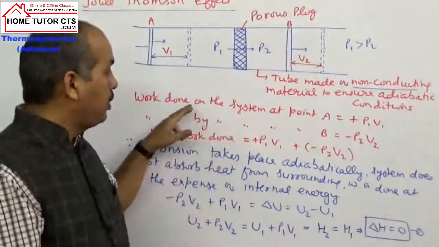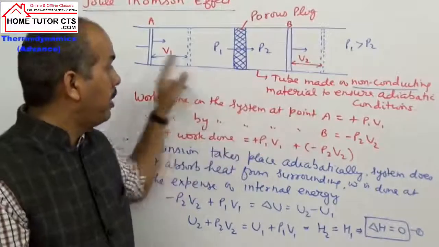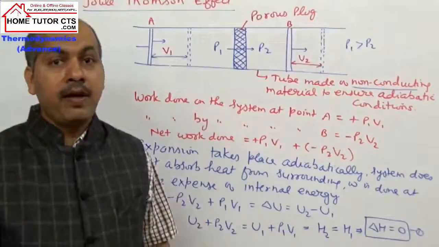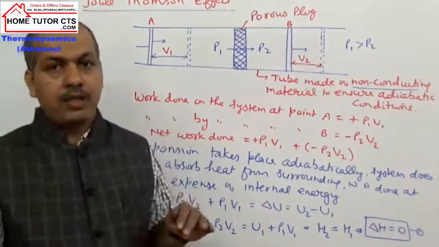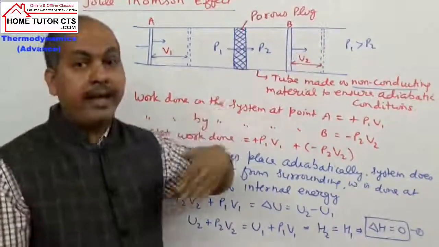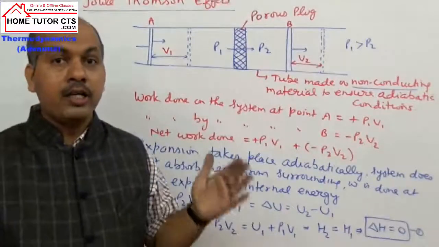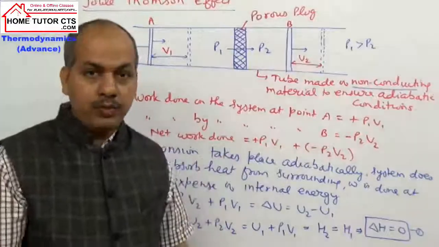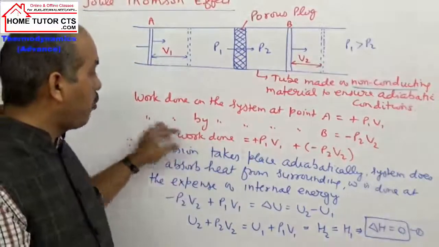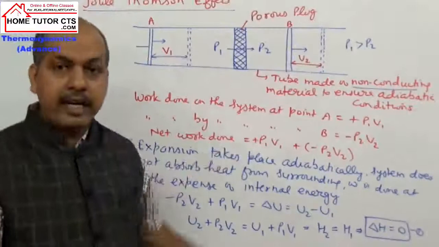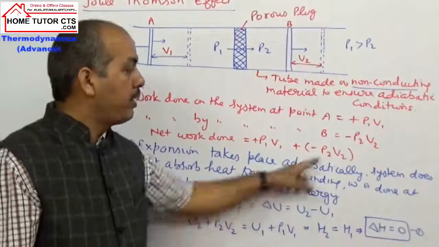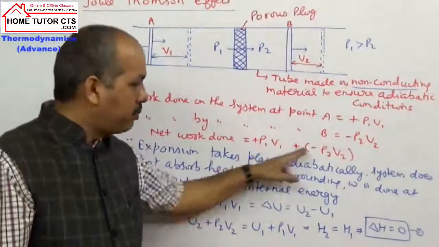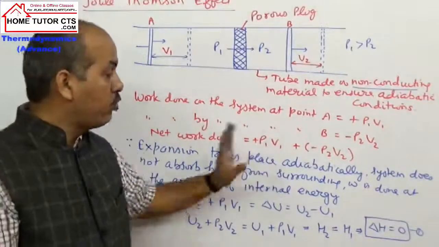यहाँ पर क्या है? Work done on system at point A. Compression हुआ यहाँ पर. अगर compression है तो क्या बोलते हैं? Work done on system. और यहाँ पर क्या है? सेकंड साइड में expansion. इसका मीनिंग क्या होता है? Work done by system. वो कितना होगा? Minus P2 V2. And then what is total work done? I can add net work done. दोनों add कर लेंगे आप. P1 V1 plus minus P2 V2, and this can be written as P1 V1 minus P2 V2. This is net work done.